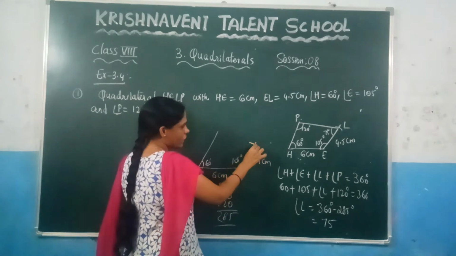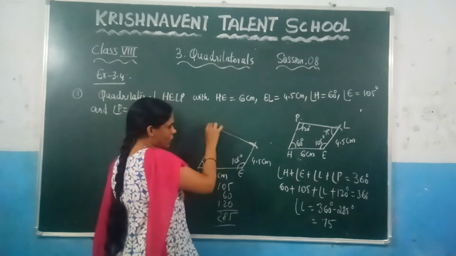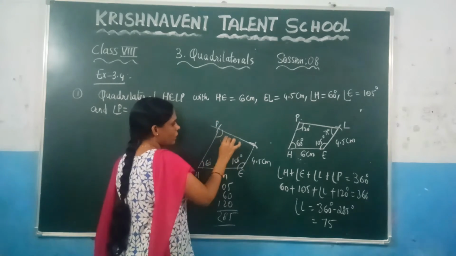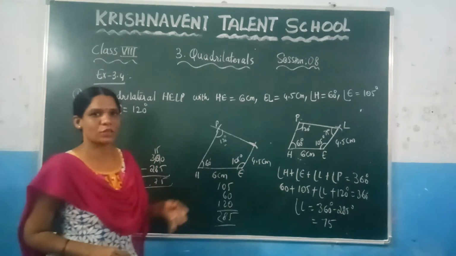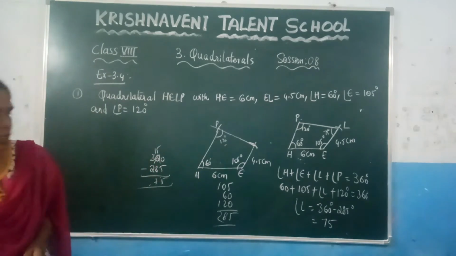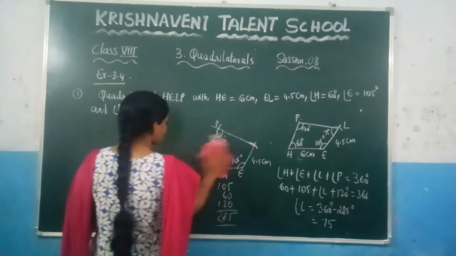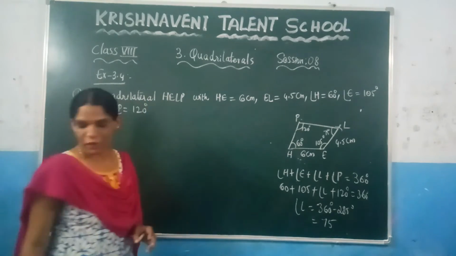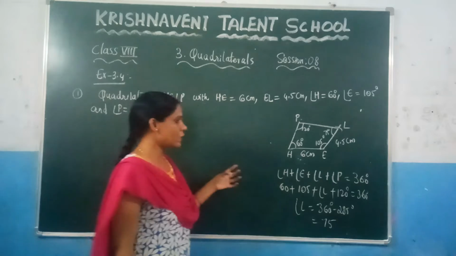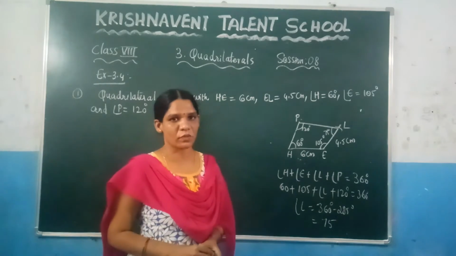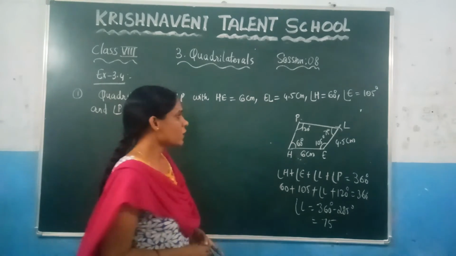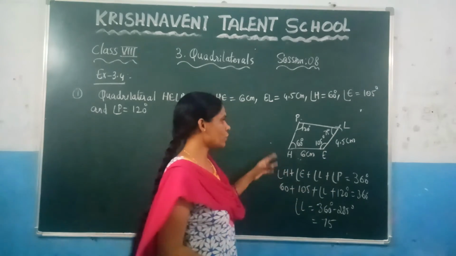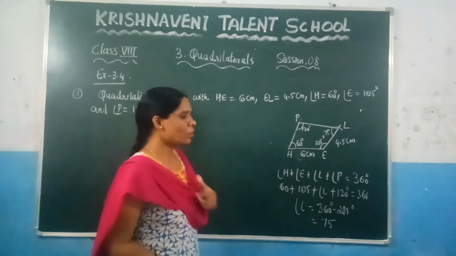angle of 75 degrees. And after that it will touch at one point at P, that will be definitely 120 degrees. So like this you need to construct. Here you can observe that if you know three angles in a quadrilateral, you can find the other angle in a quadrilateral by taking the sum of the angles of the quadrilateral. So by that we have found angle L is equal to 75, so that you can construct the required quadrilateral.